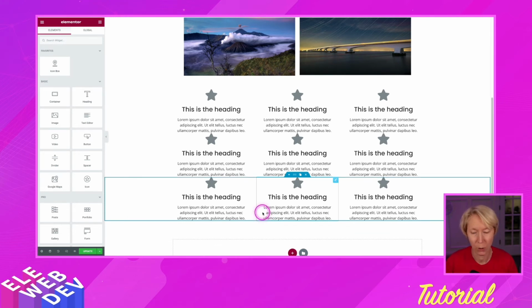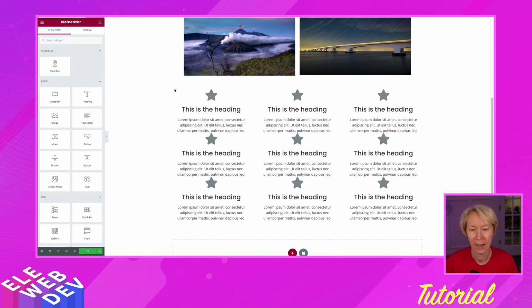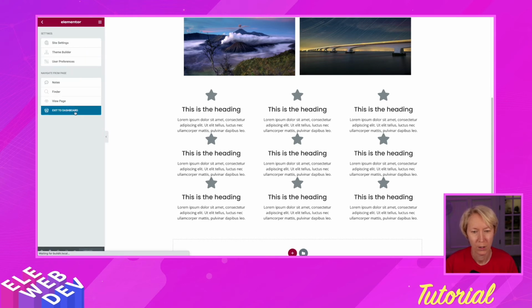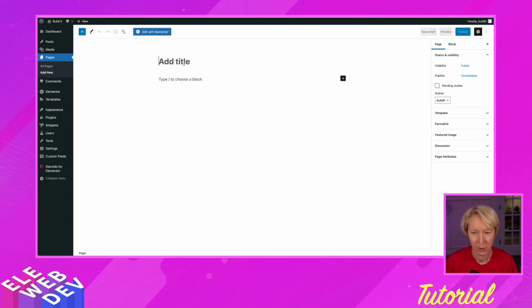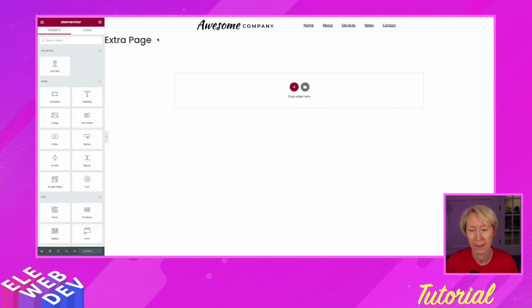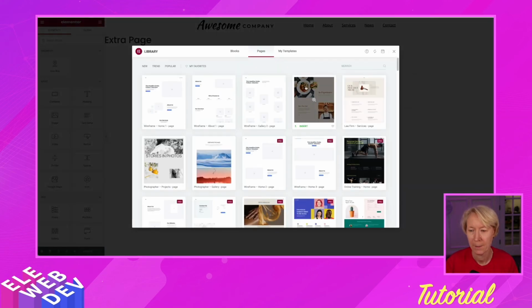So let's go back and show you what the page looks like. I'm going to save my page and come back to my dashboard, go to all pages, add new, and I'm just going to say extra page and hit publish, and edit with Elementor so that you can see what a page template looks like. So we've started our new page, we can click on add template,